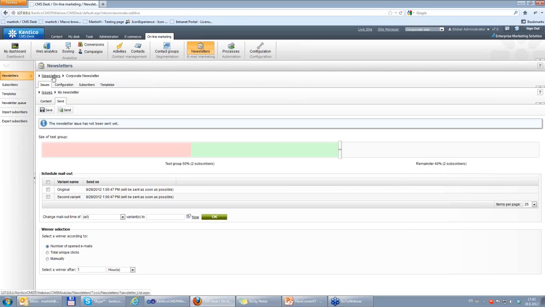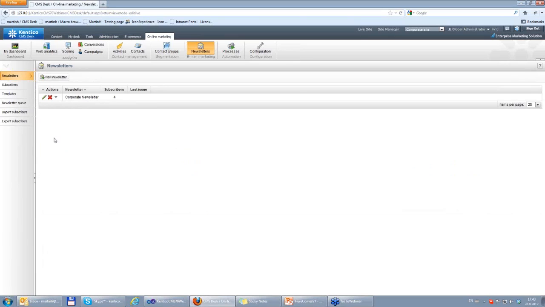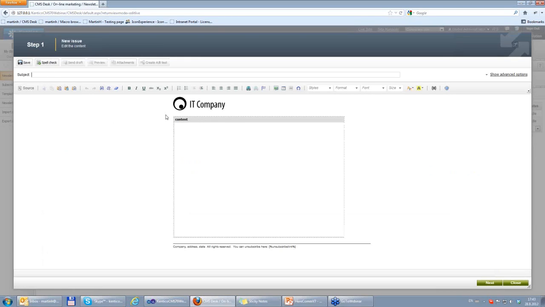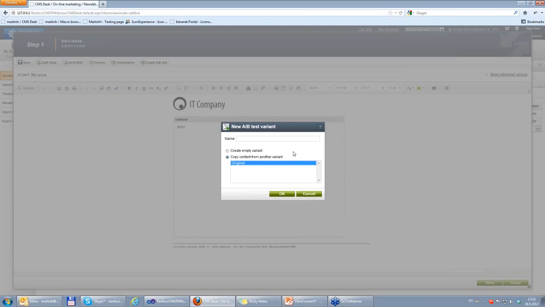Let me just quickly show you how you create the A/B test. It's very simple. If you are at the newsletter properties and create a new issue, I'll just call it my issue. I'll just enter some text and save it. And the only thing I need to do now is just hit this button, create A/B test, and it automatically creates a new variant, and I'll just enter its name. So let's say I call it variant with